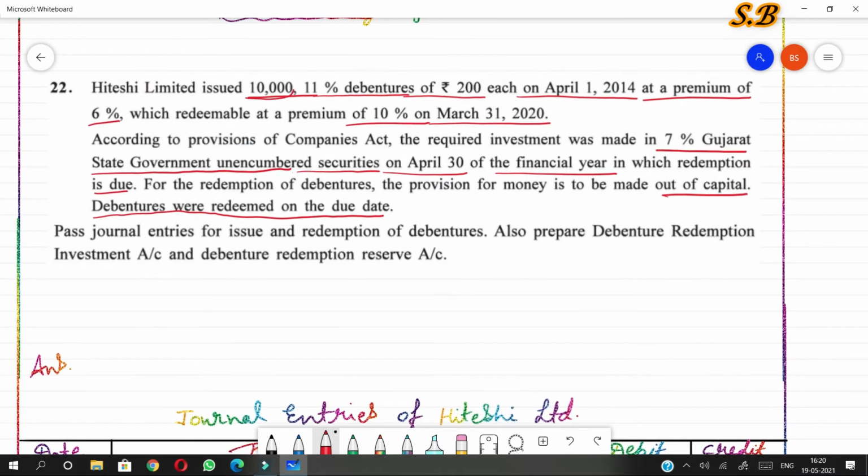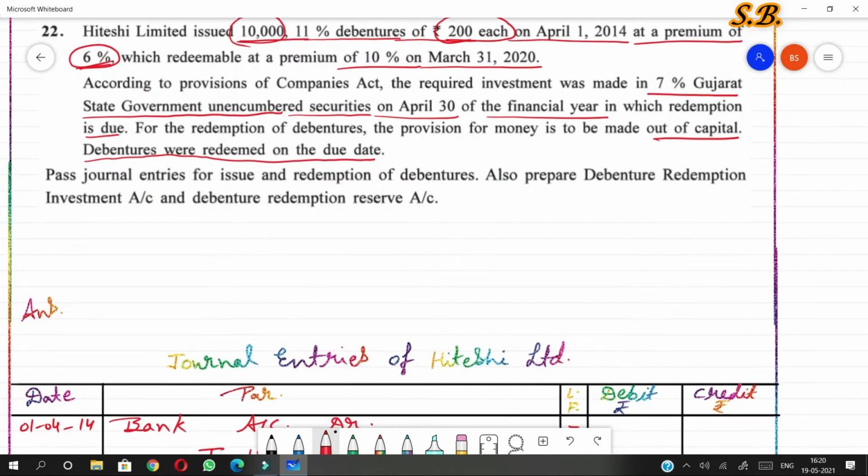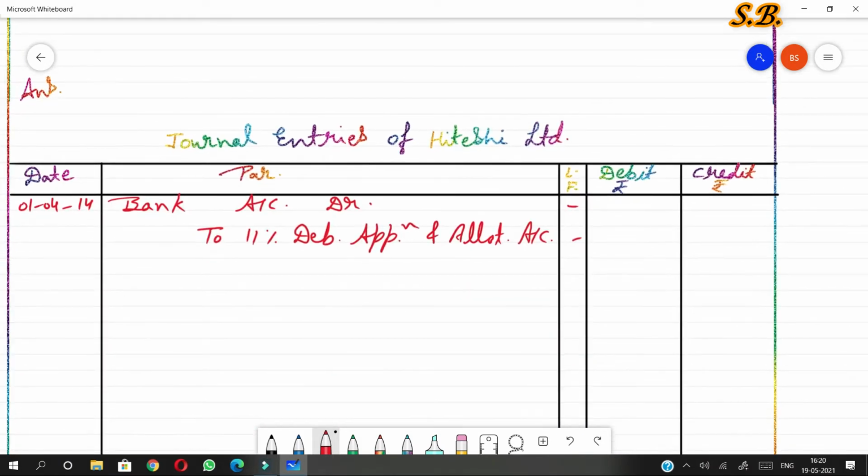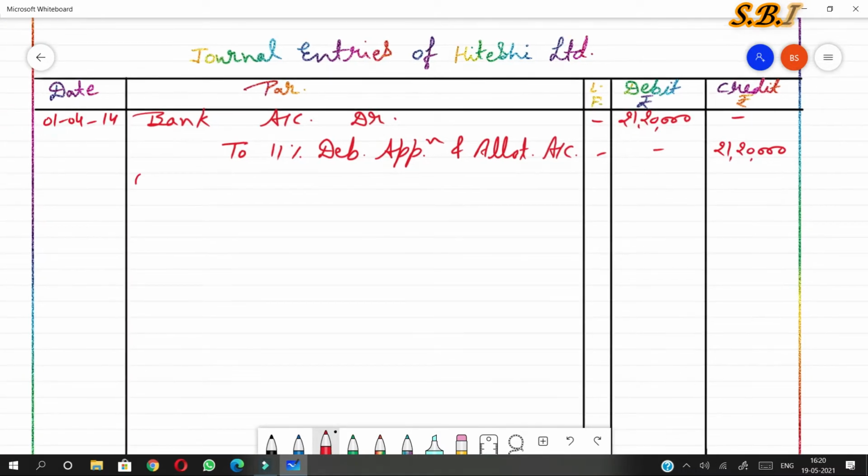Total 10,000 debentures are given. 200 per debenture is face value and 6% is premium. So 200 6% means 12 rupees. 212 multiplied by 10,000 means 21 lakh 20,000. 21 lakh 20,000. Then narration being